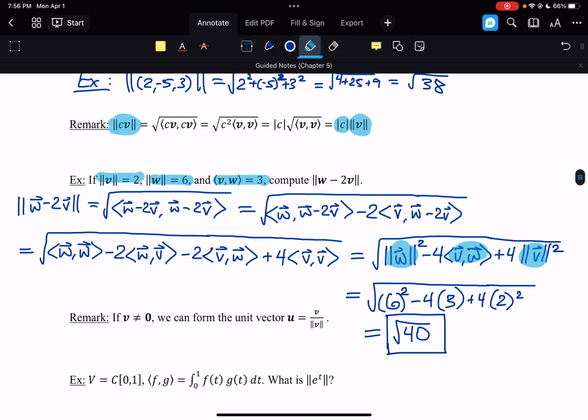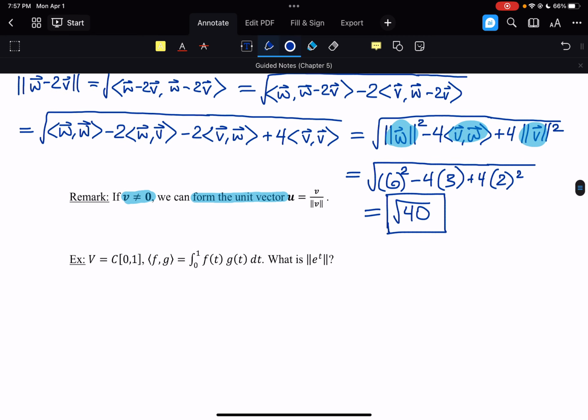Now, if we have a vector that is non-zero, we can form the unit vector u, which is just taking the vector v divided by its own length or its own norm. Again, this is a concept you see in Calc 1 when you're talking about physical vectors in 2D or 3D, but it can be applied to any vector space given a valid inner product. So for this example down here,